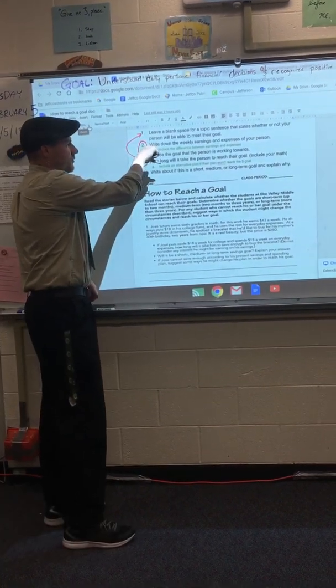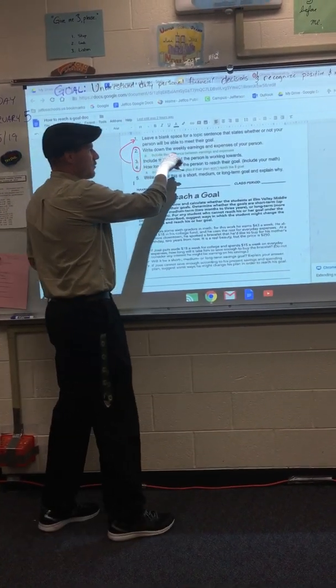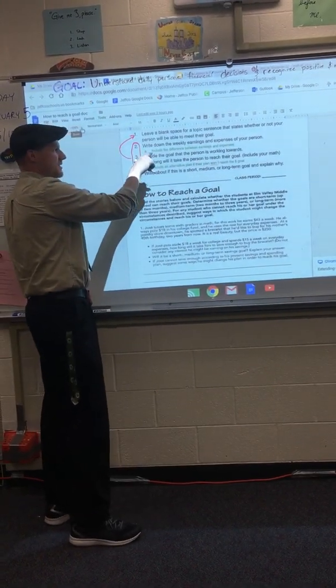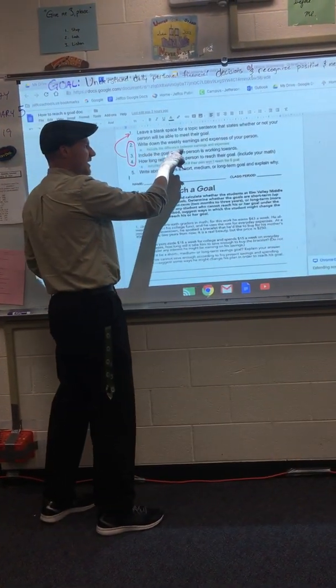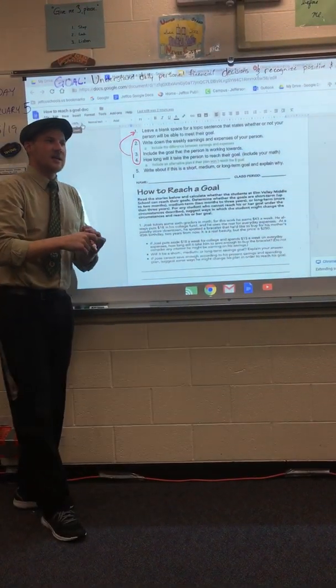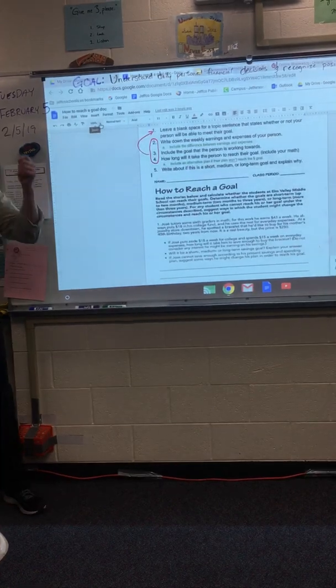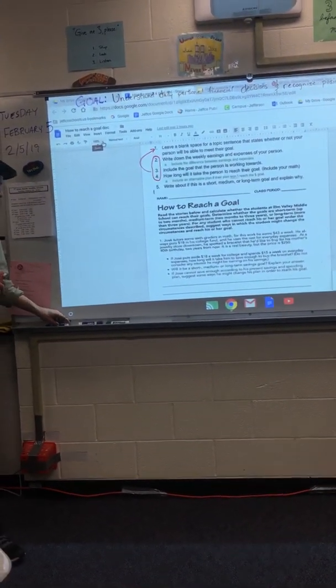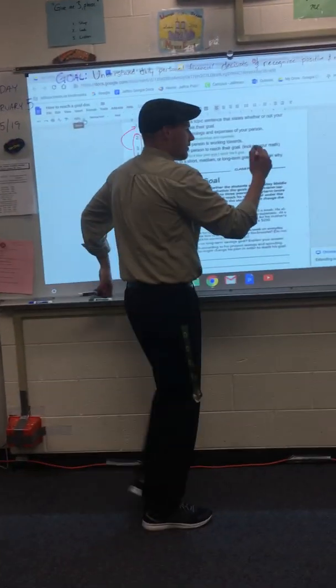So, for number 2, what it says is write down the weekly earnings and expenses of your person. For A, it says include the differences between earnings and expenses. So that means what is the difference between what he earns and what he spends. And that's going to give you your savings. So what that'll look like over here,